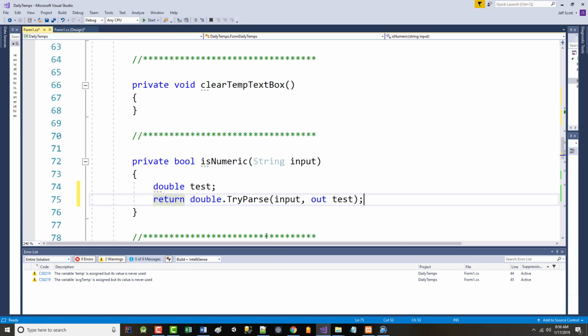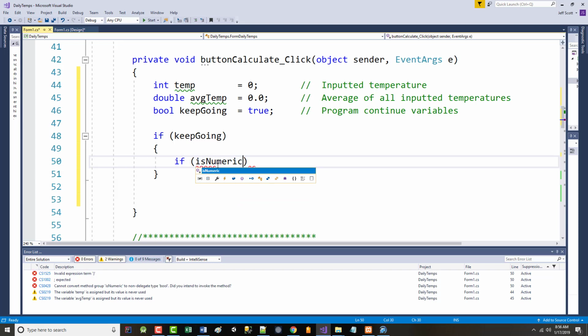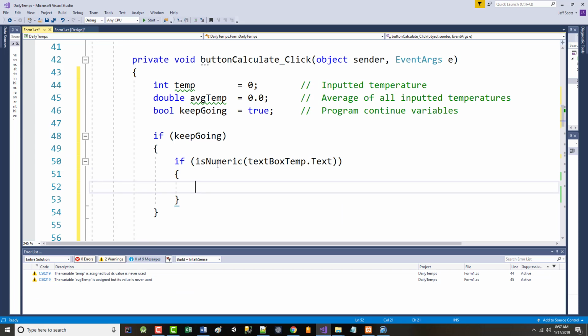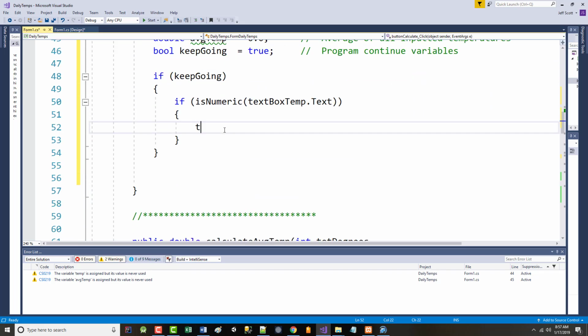Okay. Then I'm going to jump back up again into here. So if keepGoing, and what do I want to do? Well, the first thing I want to do is set the temperature, and I want to set it equal to, I'm sorry, forget that. I was a line ahead. I want to check and see if it is numeric. If isNumeric, textBoxTemp.Text. You already know what that means. That means that what we put in here, this is our sole input. Does that make sense to everyone? That's it. So if what we put in there was numeric, well, then we can convert it. So temp